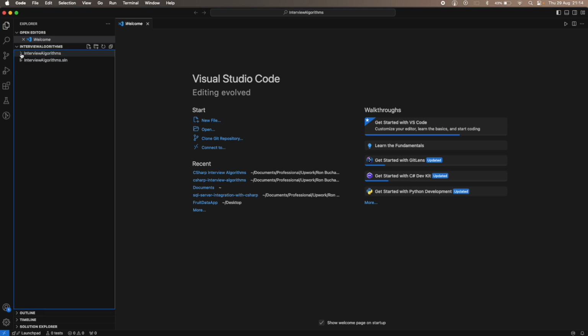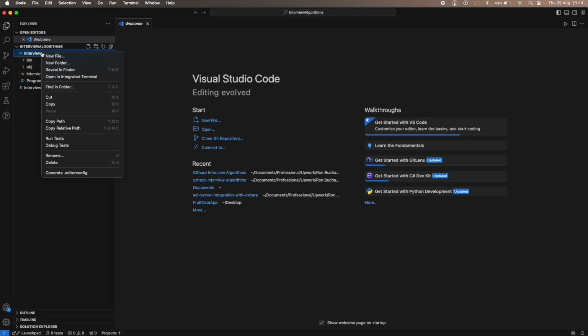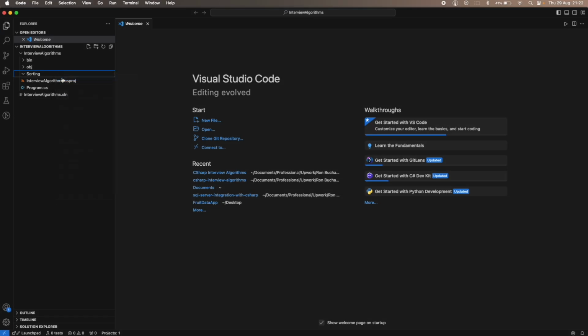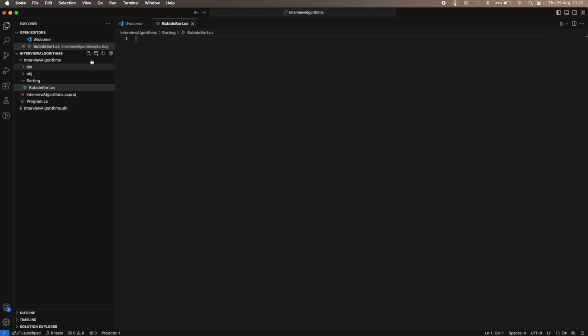Okay, let's create a structure. Let's start with a folder for the sorting algorithms. So let's start with a bubble sort. Let's create a file and a public static class bubble sort algorithm. Now,